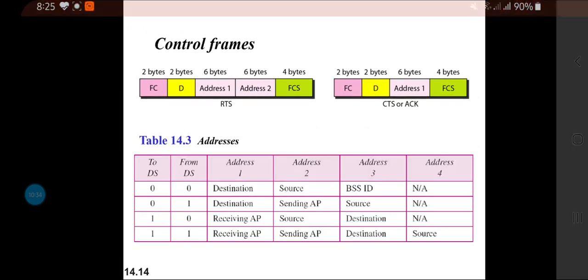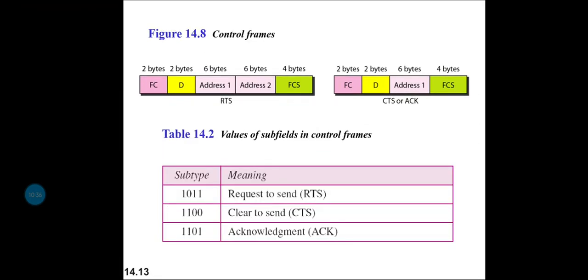So we have looked at the frame types, that the frame types can be management frame, control frame, or data frame. What is this management frame? These frames are used for initial communication between the station and the access point. If at all the station wants to communicate with the access point, we are going to make use of the management frame. So these are the initial communication setups that have to be made between the station and the access point.